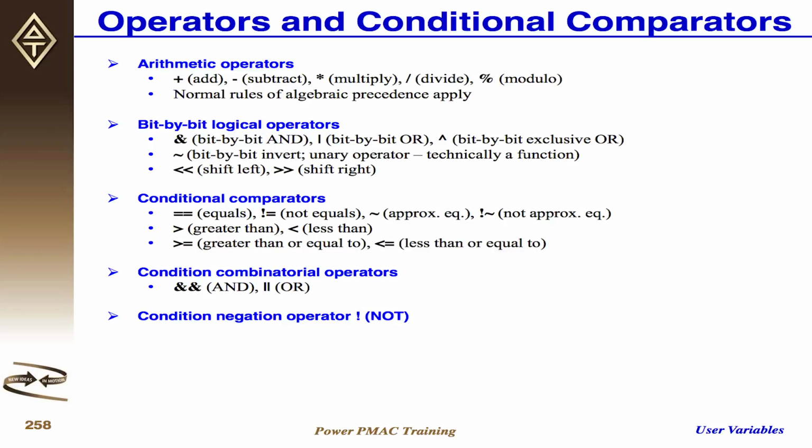In addition to the bit-by-bit logical operators, there are conditional operators. Two equals signs is equals. You'd use that if P1 equals P2, for instance, and that will return true if they are both equal. It will return false if they are not equal to one another. You can use exclamation mark equals for not equals to. You can additionally use